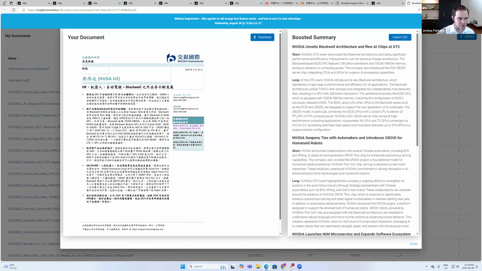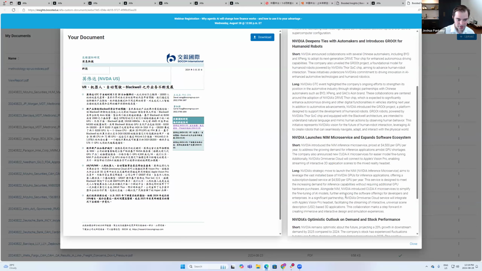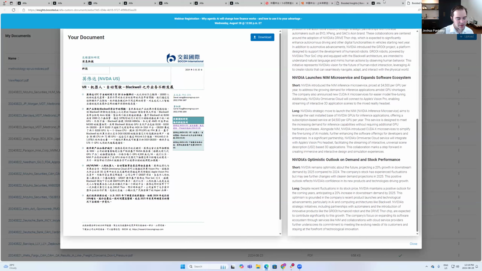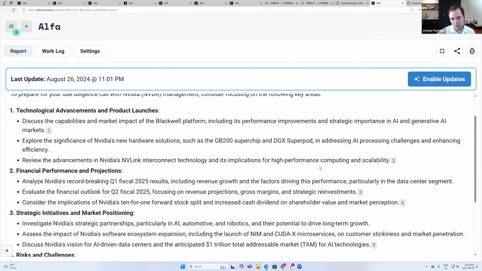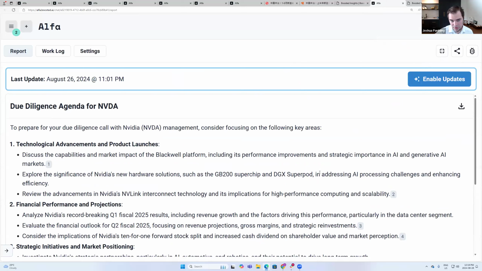Here's a quick high-level summary, and then some more details on things that might be interesting for you based on the query that you just asked. So it can become a way to think about research. It can become a way to monitor for change. It can become a way to incorporate huge amounts of data into your process in a really simple, easy-to-use way that you don't have today.